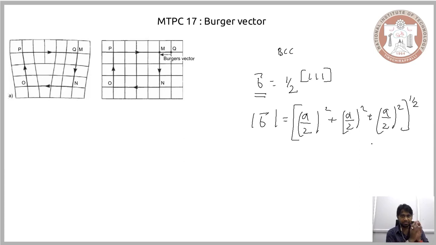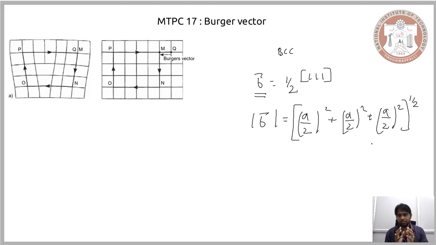So we have seen how to represent a Burgers vector and how to calculate its magnitude, and a Burgers vector gains a special name when the magnitude of it is equal to the interatomic distance, and this is referred to as the translation vector or lattice translation vector. And once you are able to calculate the magnitude of the Burgers vector, you could say which dislocation has brought the greater amount of distortion. So the greater the magnitude of the Burgers vector, the greater is the distortion that is brought in the crystal structure by a given dislocation.